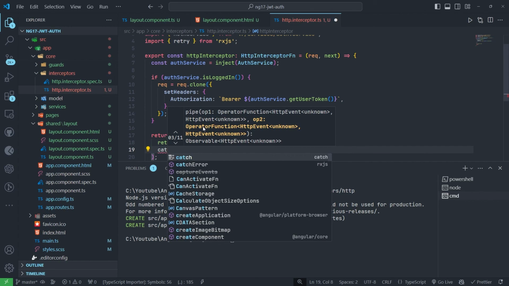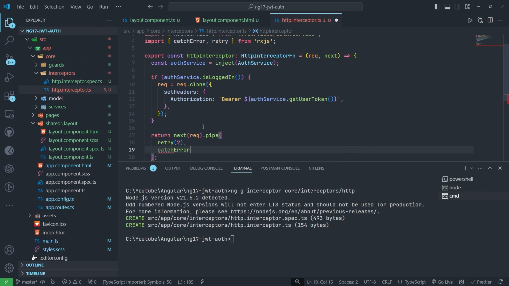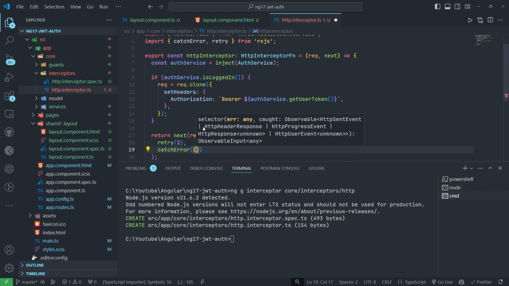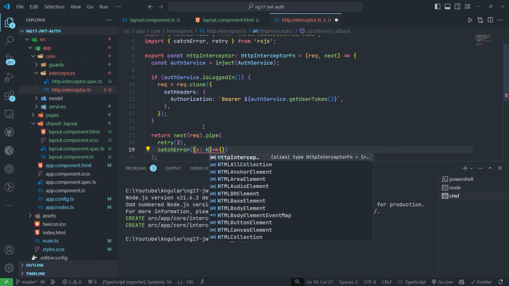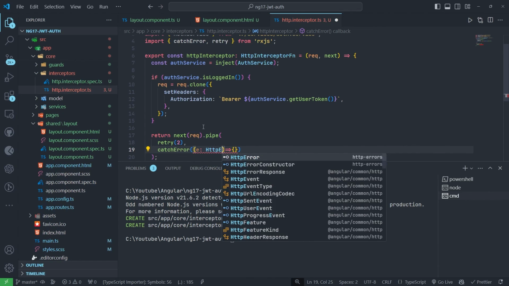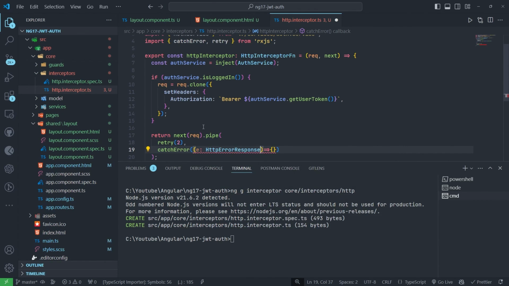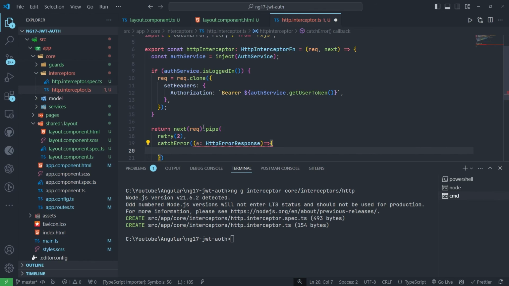Okay, and I will add catchError here. E and colon, I will add HttpErrorResponse. If e dot status